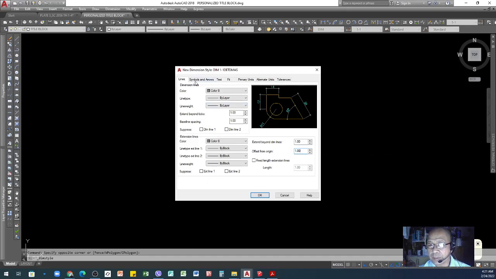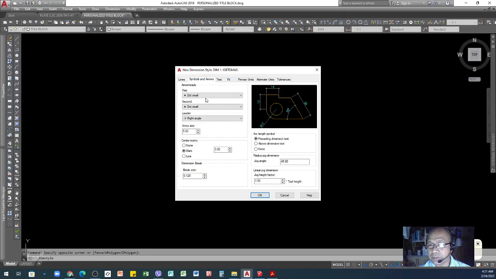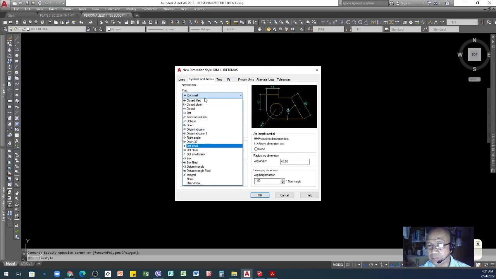Okay, so that's for the lines. And then symbols and arrows. You can select different types of symbols here. This is the indication of this portion of your dimension. So I chose the dot small, which is this one.